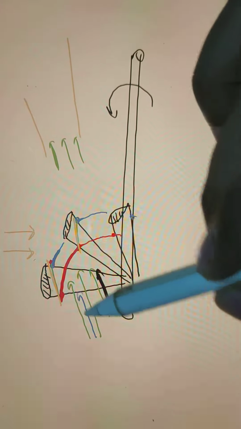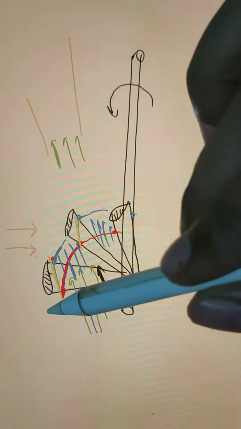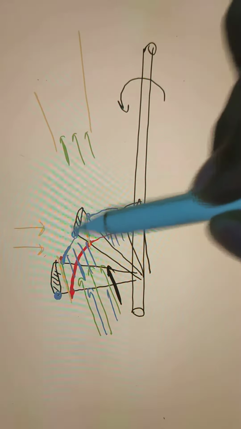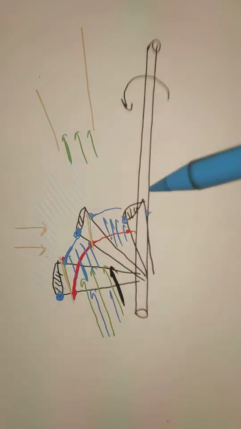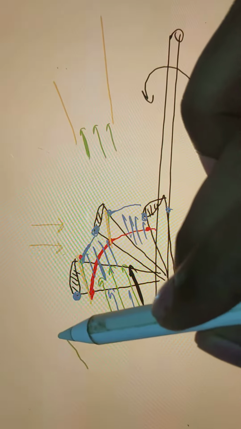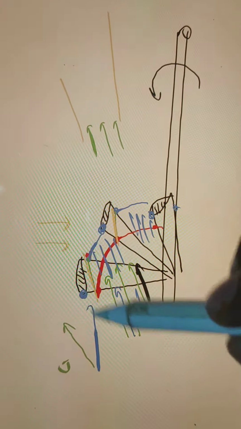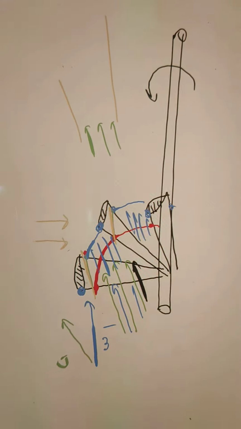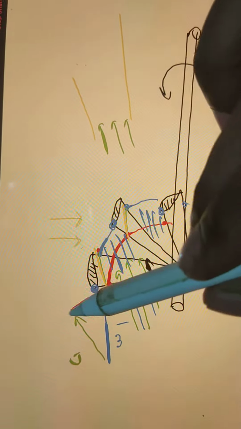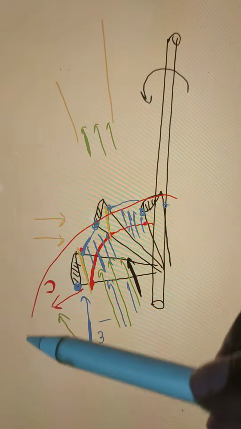So when the flow enters, it is the gap, right? In this gap, these rotor blades are rotating. So at this point, when you draw the velocity triangle, that velocity triangle will look like this: here you will have C1, here you will have W1, and the rotor is going in this direction, right? I hope you guys are getting it now, because the rotor is moving like this with velocity U.